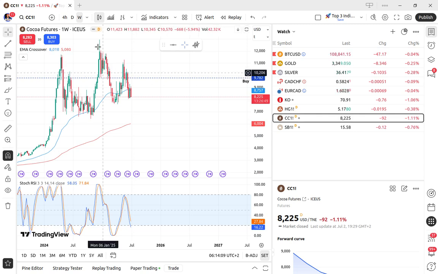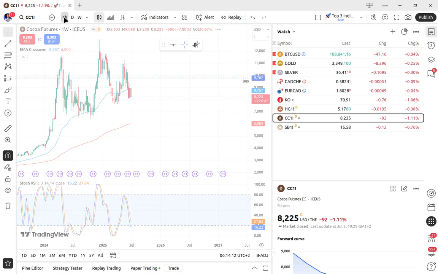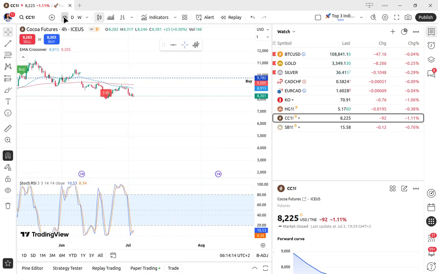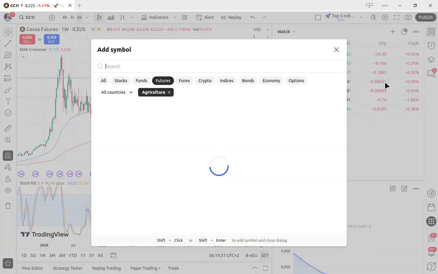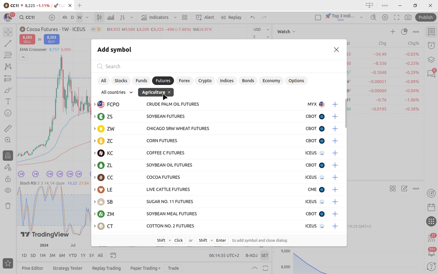Okay, we have a trending down entry. Cocoa futures seem to be trending down on the short term, but looks like a correction on the long term. So yeah, another one that I would check for is